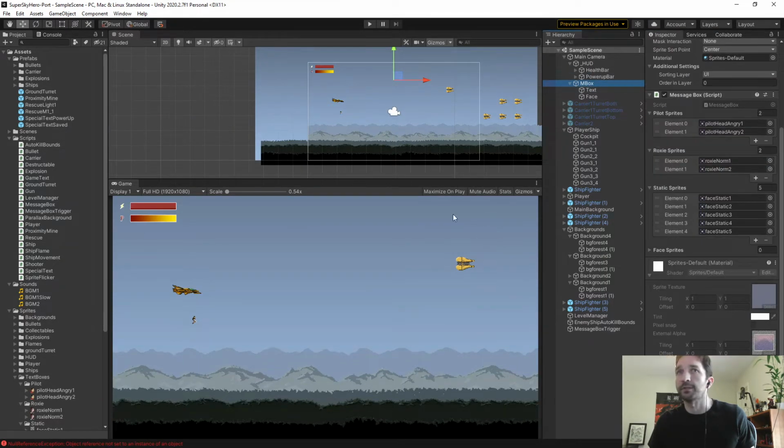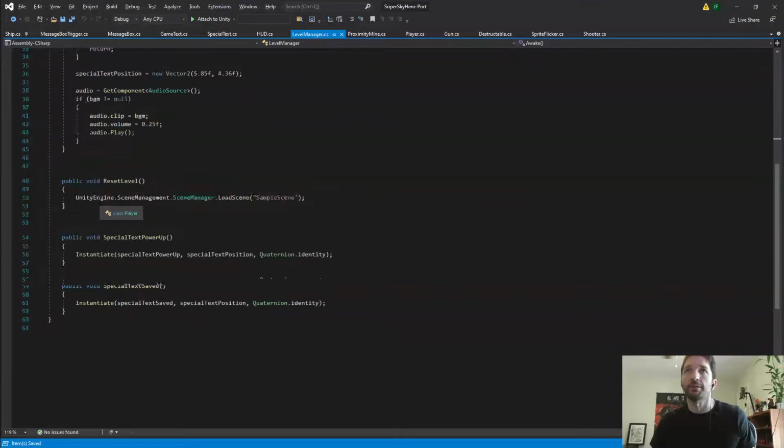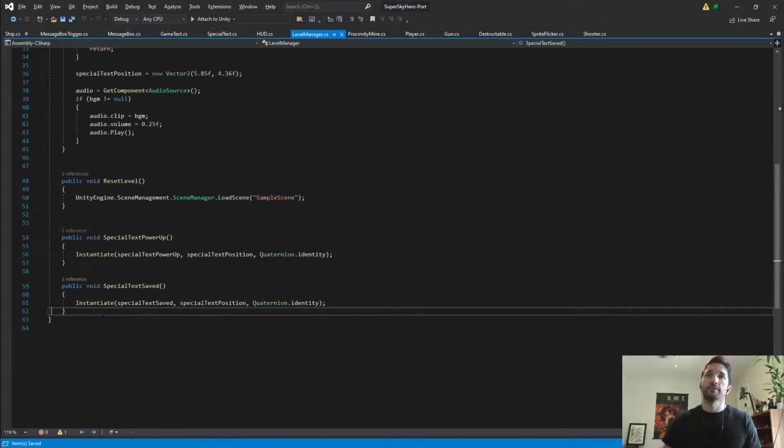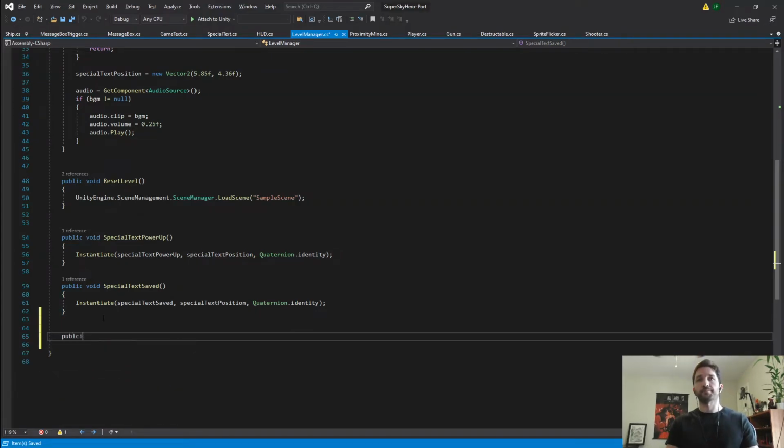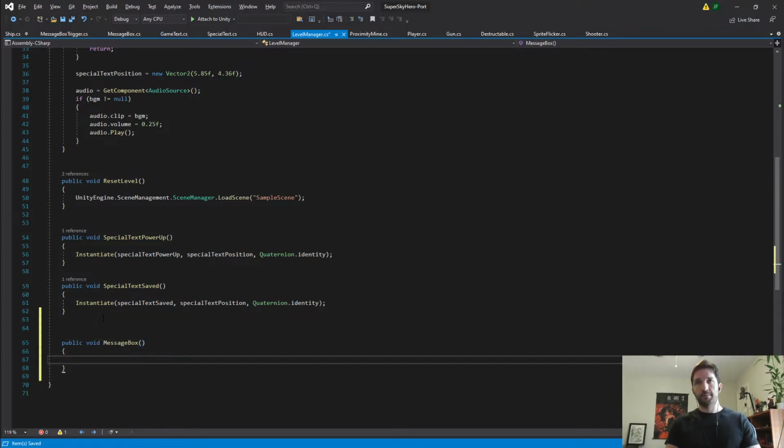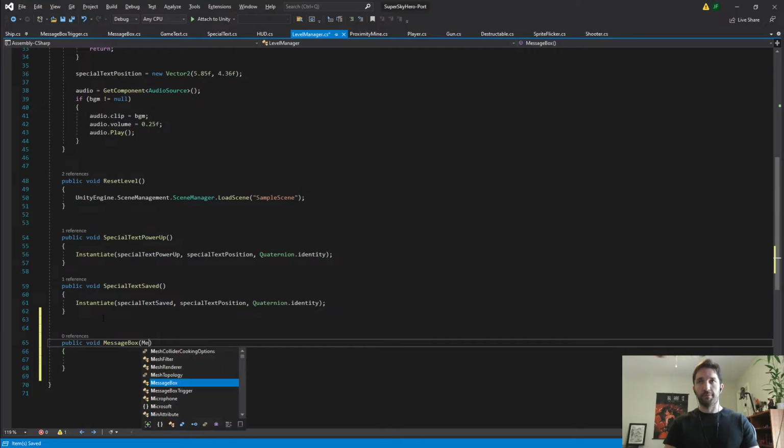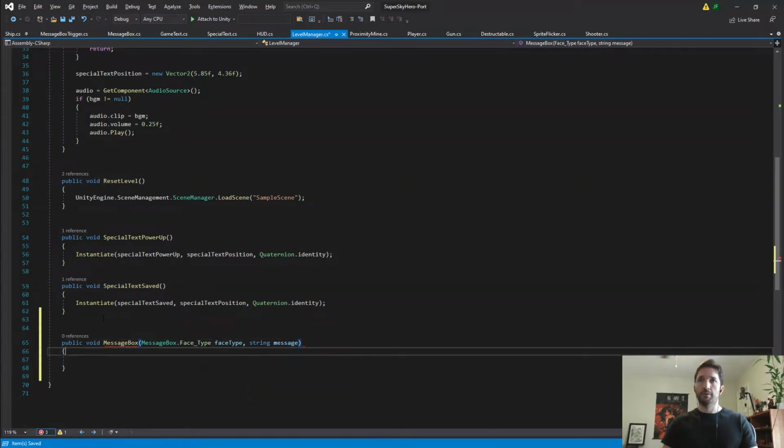So message box level manager is going to have a message box method that's going to have message box dot face type, and message, and it's going to go ahead and say